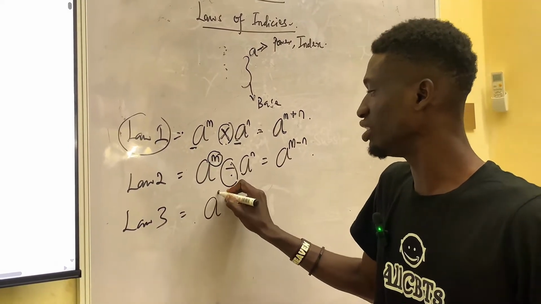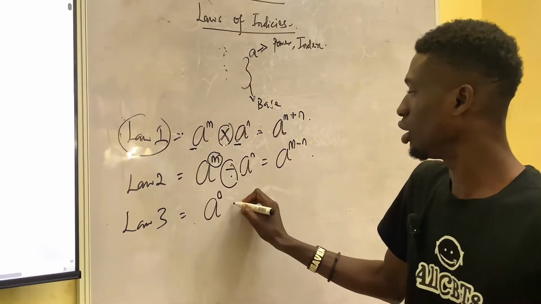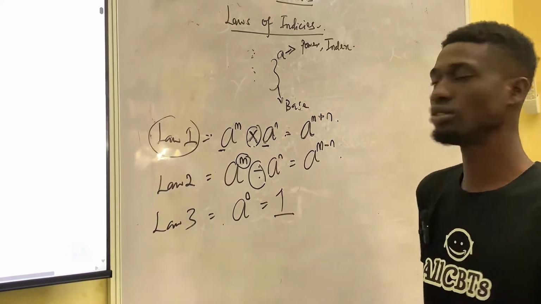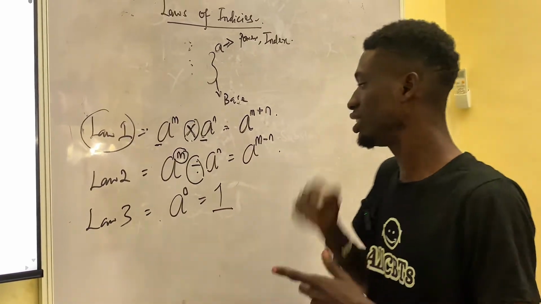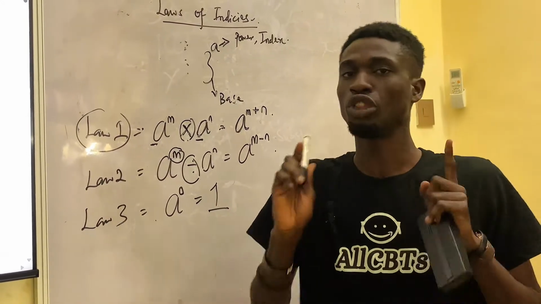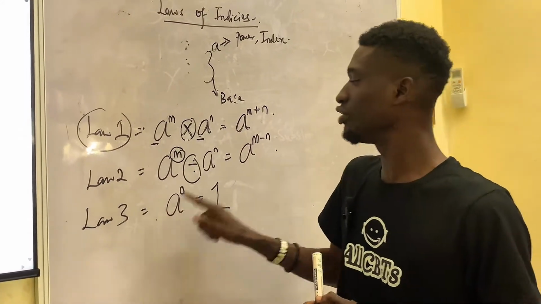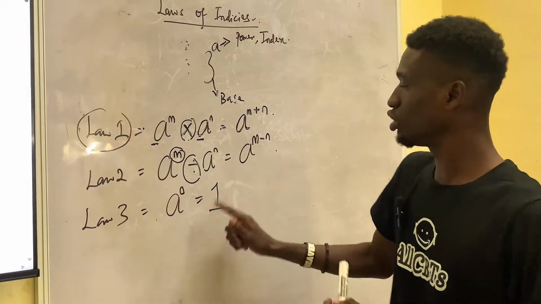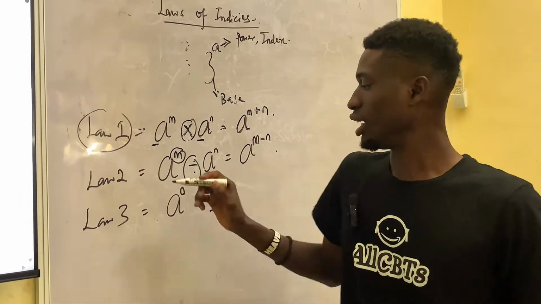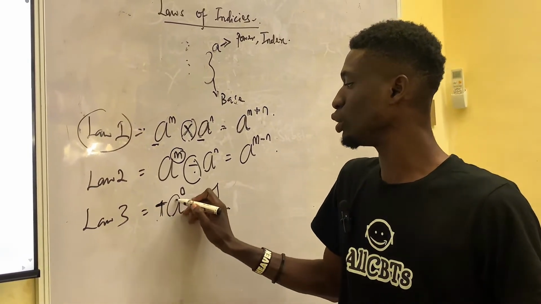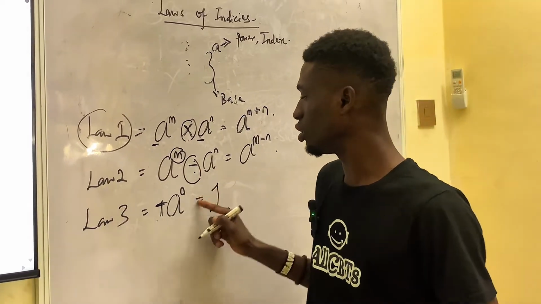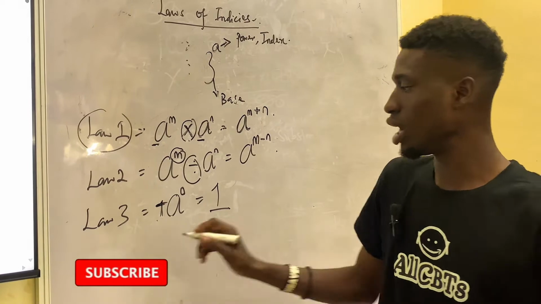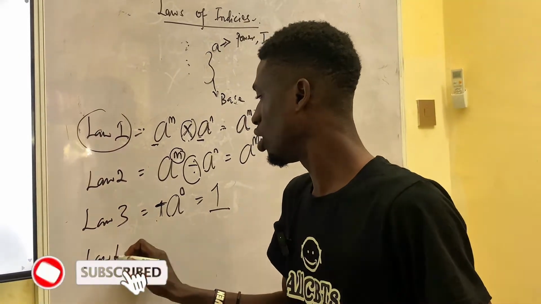Any number raised to power 0 will give us 1, irrespective of the number, as long as the number is positive. So any number raised to power 0 will give us 1. Now, law 4